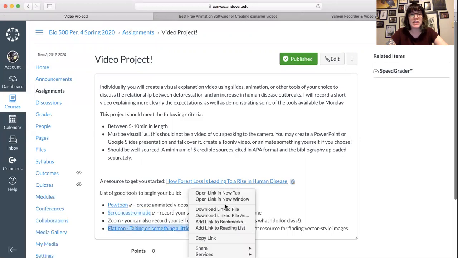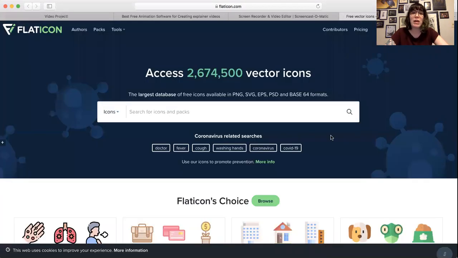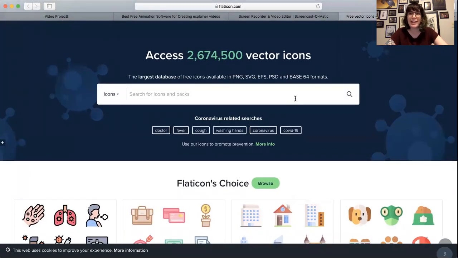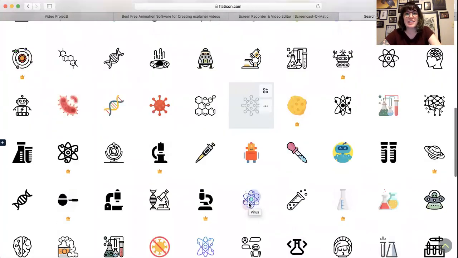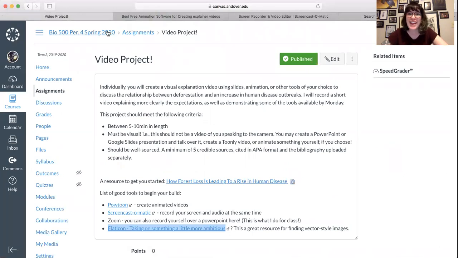If you decide you want to take on something a little more ambitious, you want to start building images yourself, here's a good resource called Flaticon. This is really useful for lots of things. I use this website all the time to get images. If we looked for, let's say, science, it'll give us all sorts of things that look really great. And for the most part, these are free images. There's plenty of good ones that are free. Again, I certainly don't recommend paying for anything on here.